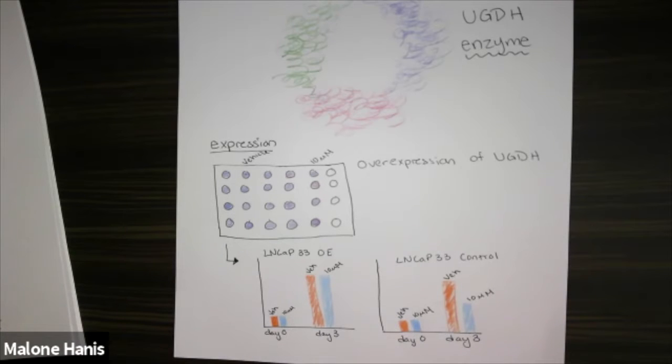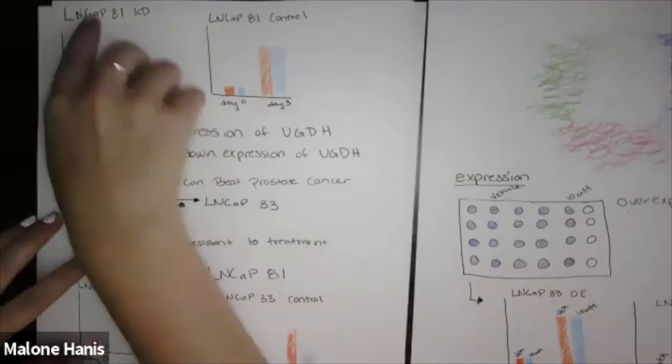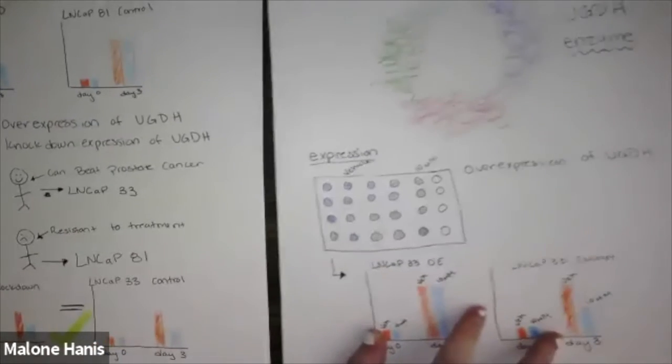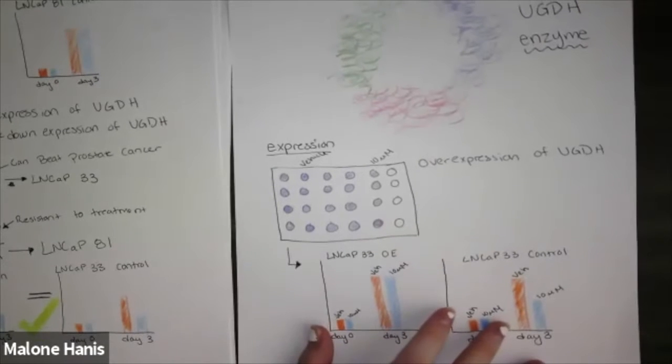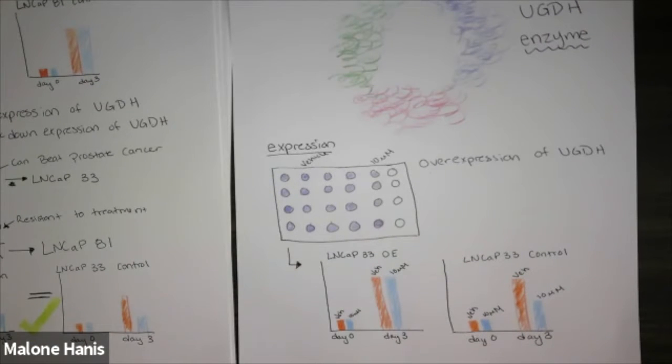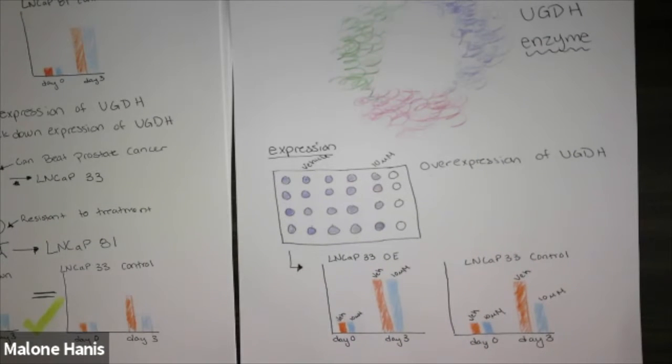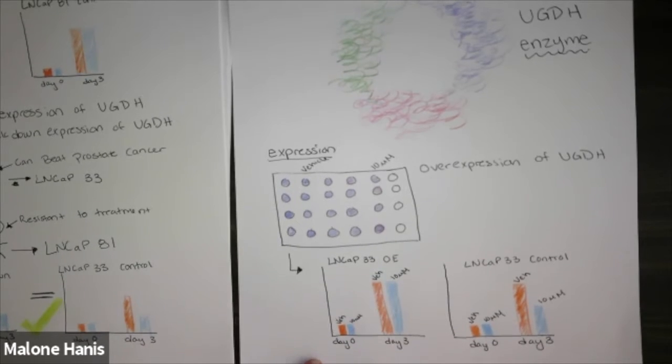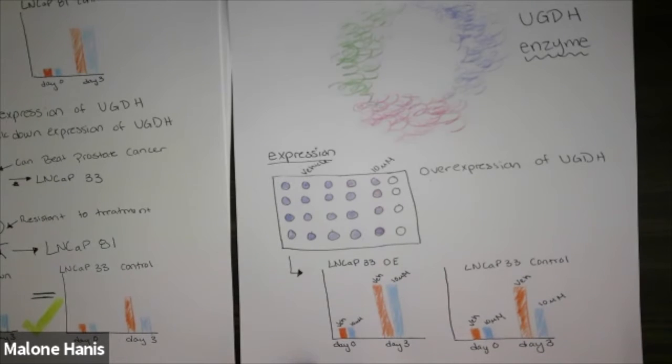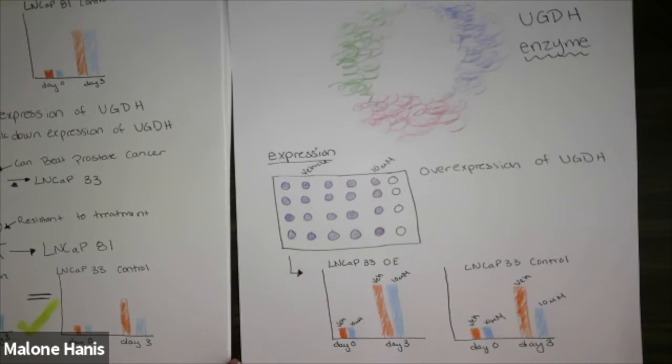Well, we're looking at 2 cell lines where there's the LNCaP 33, and then over here we have the LNCaP 81. And the 33 comes from a prostate cell line that's an early stage, so it can still be treated. Whereas the 81 is derived from 33s, but is resistant to treatment. And for prostate cancer, if you're resistant to treatment, that's 100% fatal. And so we're trying to find a way to screen for that so that we can either do preliminary treatments or to find a way to make it